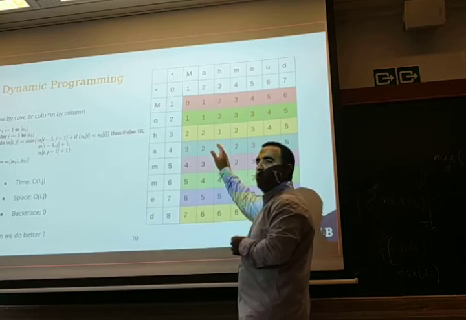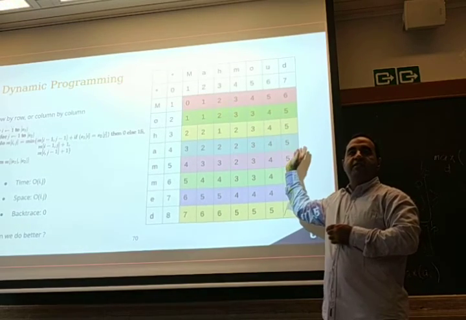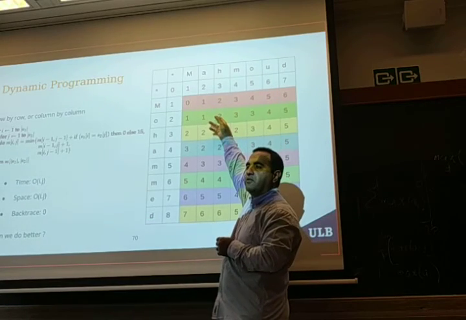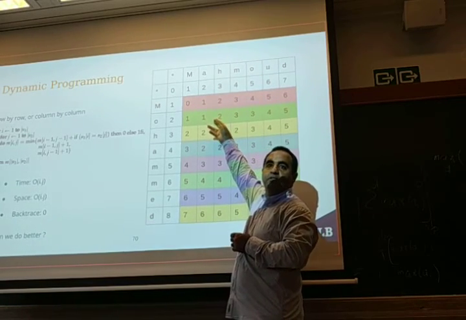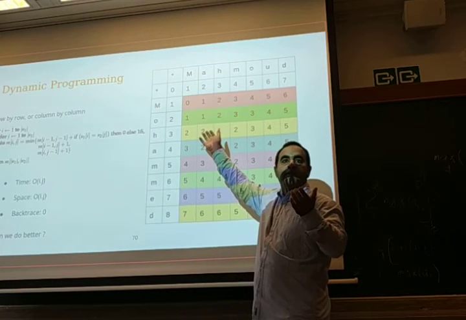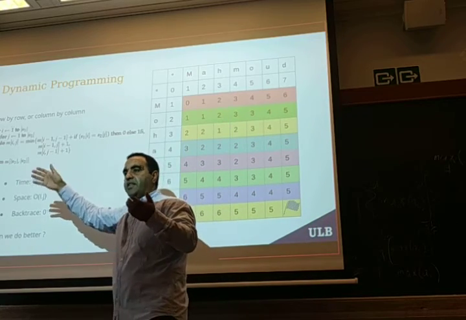Do we need to save the whole matrix? We did it row by row, right? And when I'm doing a row, I only need the row above. Ah, yes. Do I really need to store the whole matrix? No. We can reduce the storage, the space complexity to